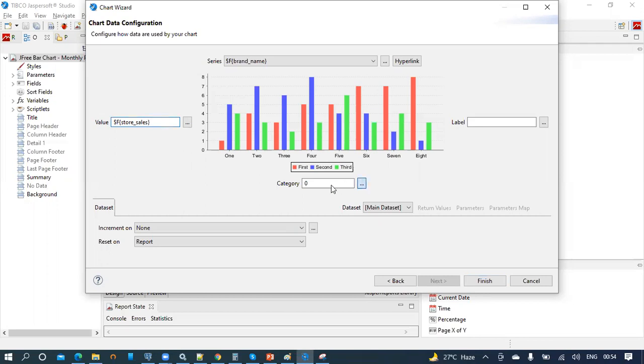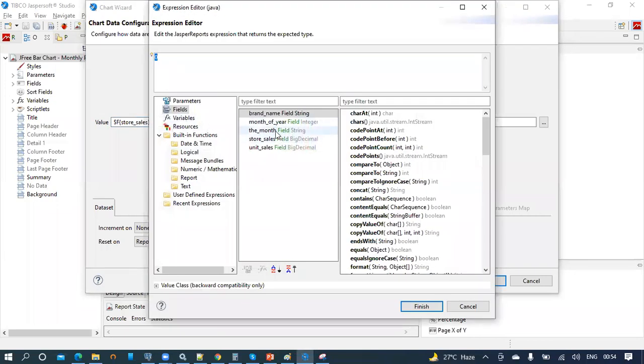So for the category, let's take the month. I have two fields here, month of year, which is integer, and the month in the form of strings.